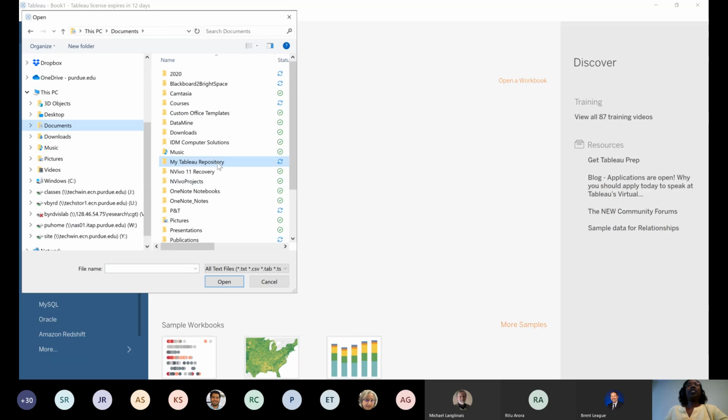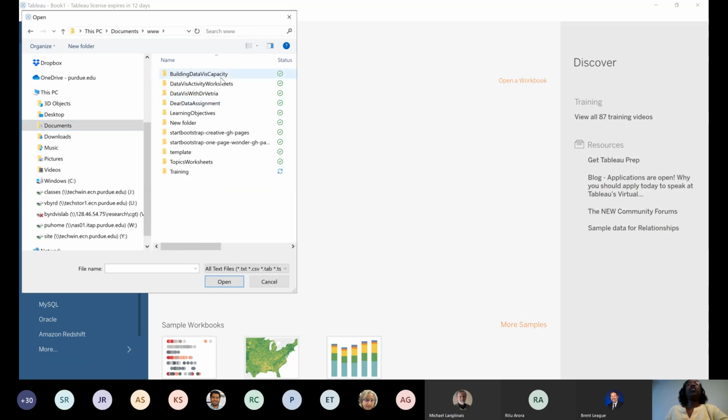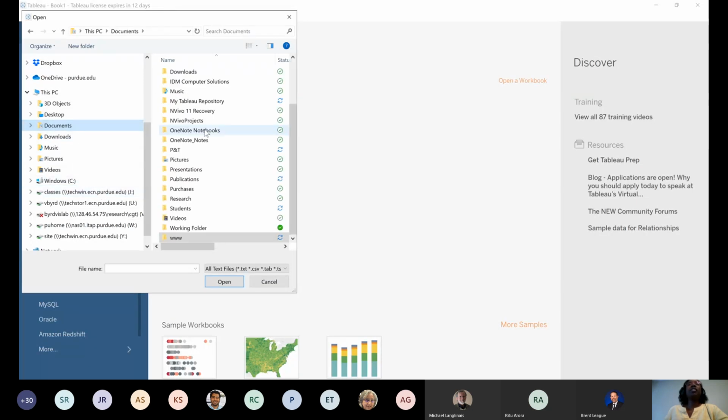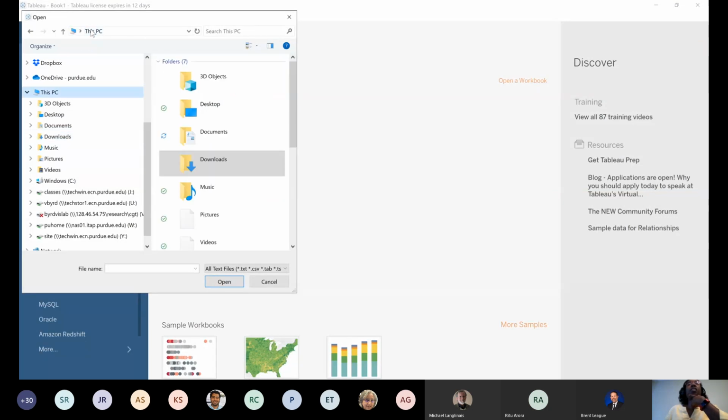Let's see here. Maybe it's here. Nope. Nope. Okay, so don't do like me and forget where you saved it. That is never good. Documents. Oh. Okay, so I'm going to assume you know where you saved your document. I'm going to have to